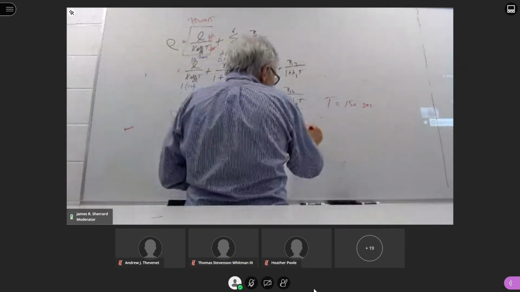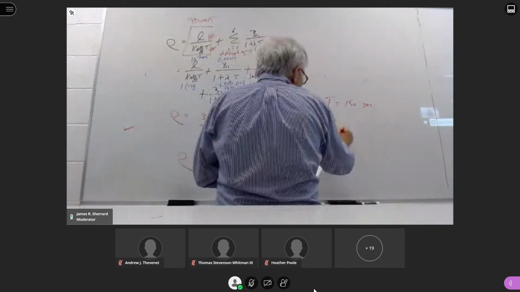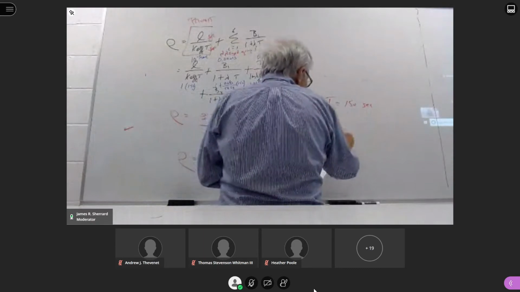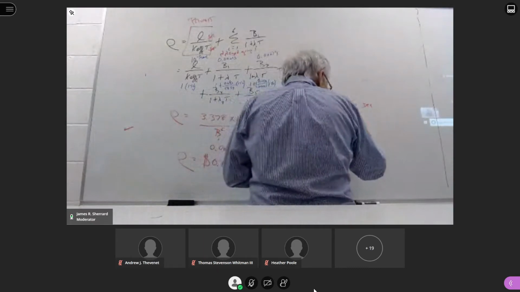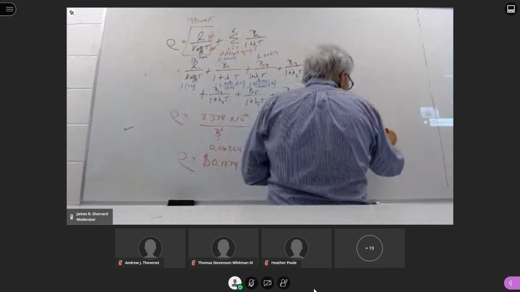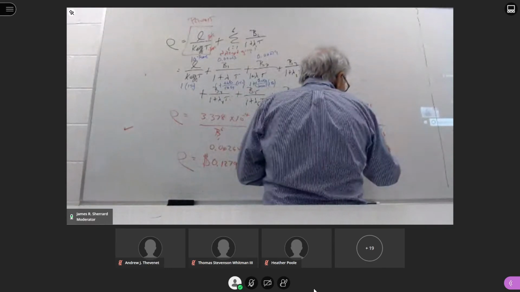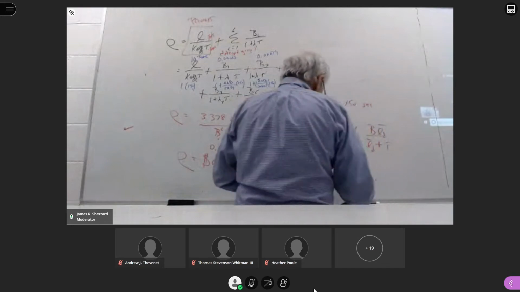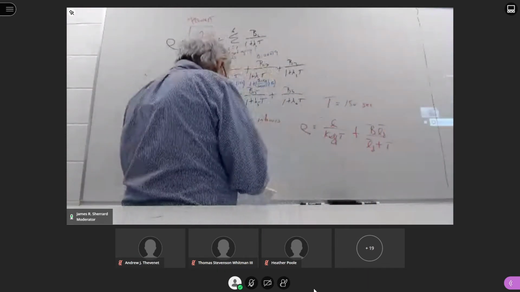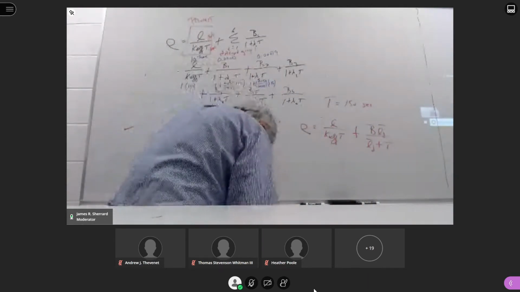And the middle grouping is l over k effective T plus beta l sub D over l sub D plus T. If we go back and substitute in values,